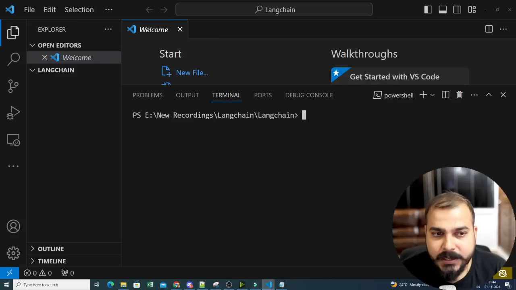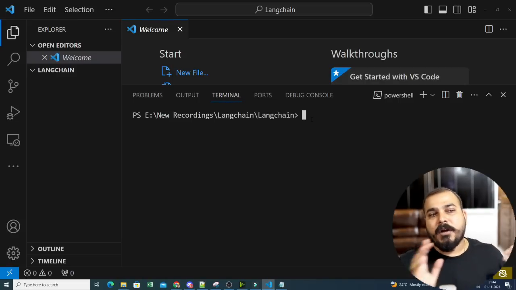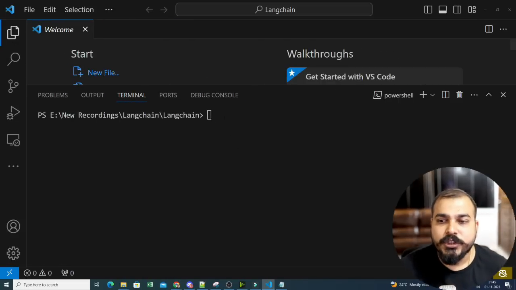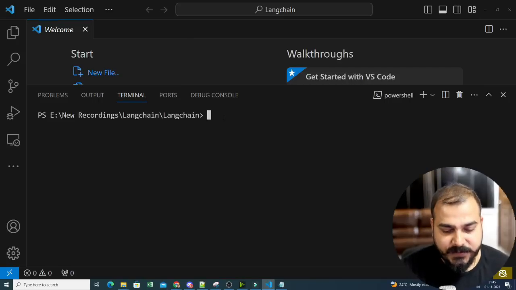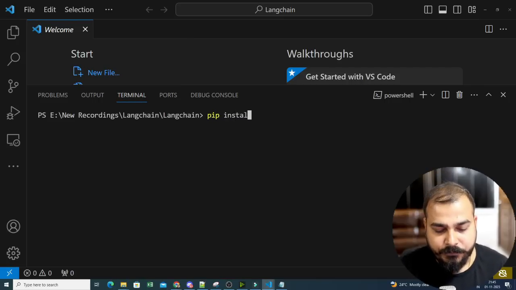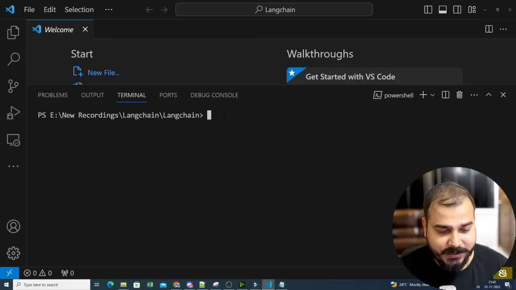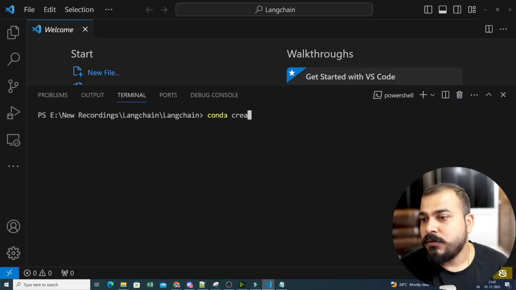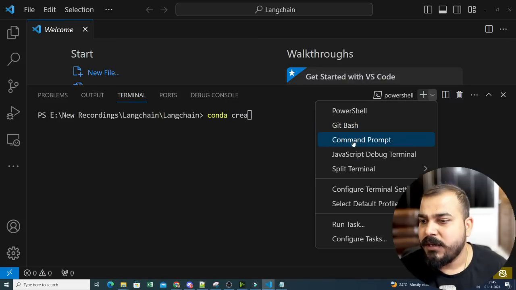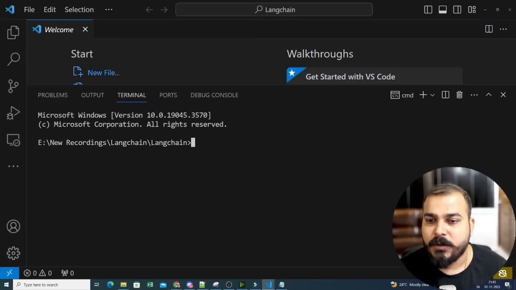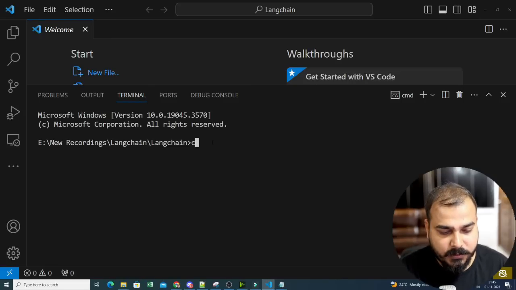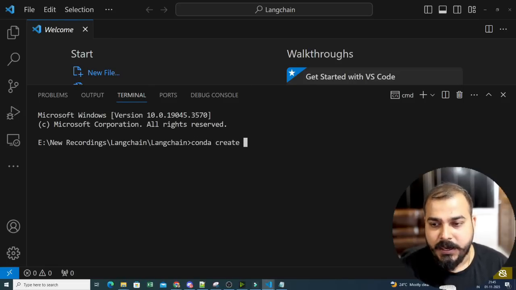It is important, and probably for whatever projects we are going to discuss in the future, we have to do this specific step. So I will write conda create. I'm creating an environment. Let me not open it in PowerShell. Instead, I'll open it in command prompt. Okay. So here I will just write conda create -p